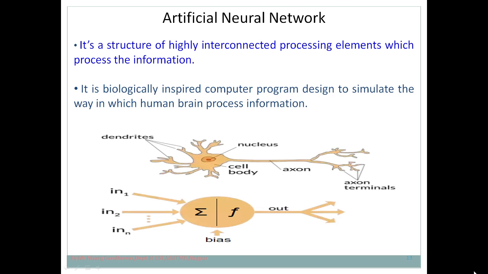See, if we compare a computer with a human brain: suppose I ask you suddenly, in terms of computation, to calculate 20 to the power 8. Can you process this within a quick time? Maybe you take some time, but if you provide this kind of input to a computer, it will compute within a second as compared to the human being. So in this case the computational power is there, though we say that the computational power of a human brain is more, but still in this case it takes some time.